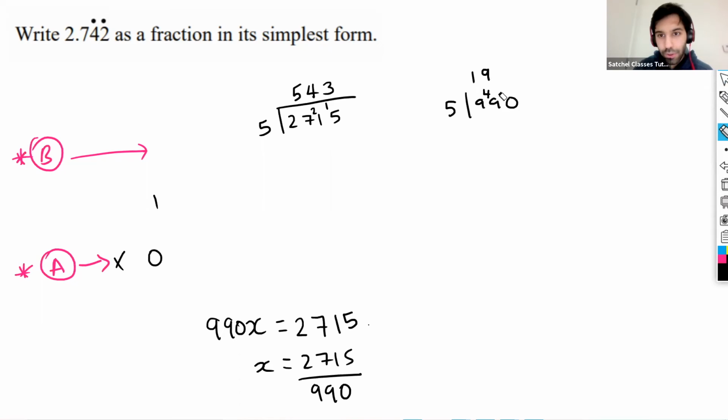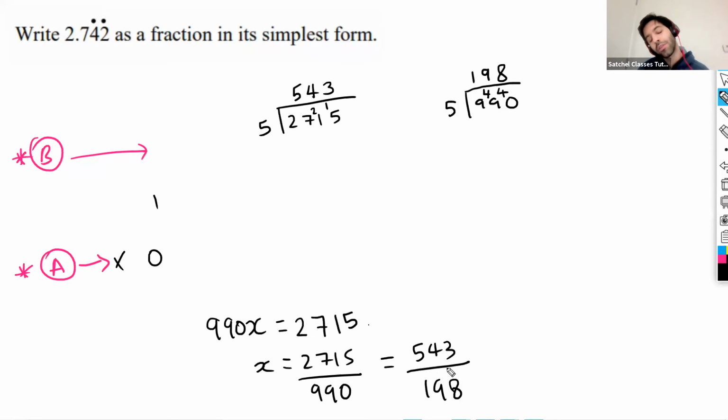I thought something wasn't right here. 5 goes into 49 9 times. 9 times 5 is 45, so the remainder is 4. And 5 goes into 40 8 times. So this will simplify to 543 over